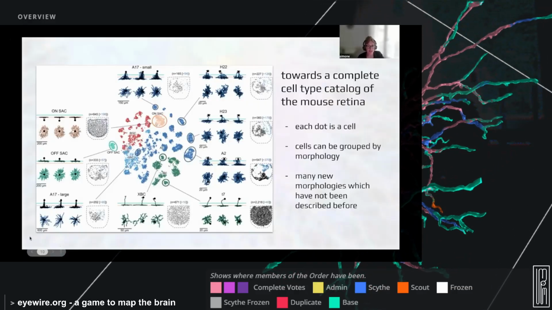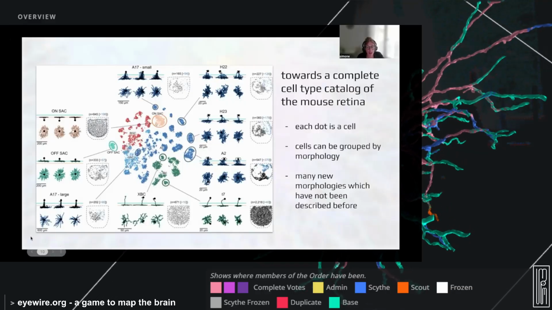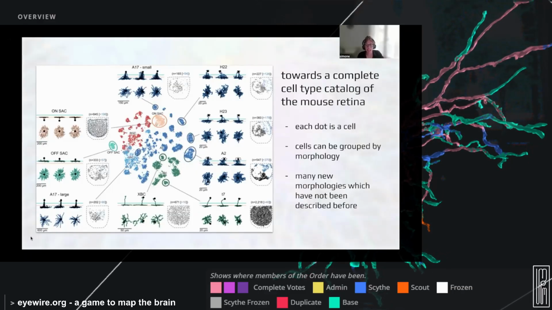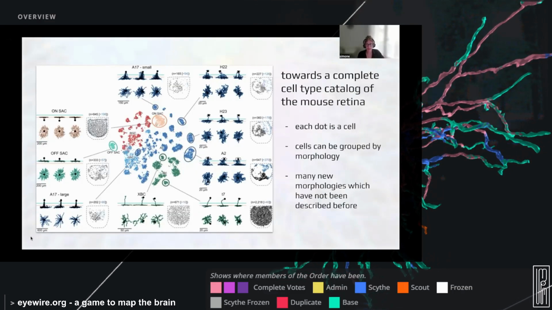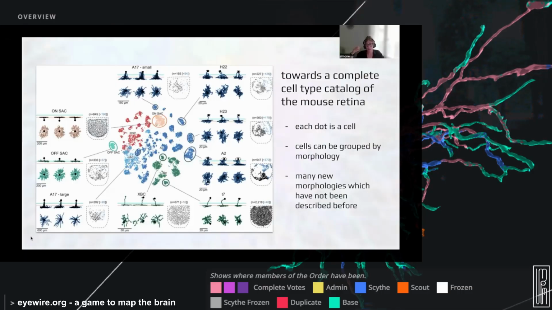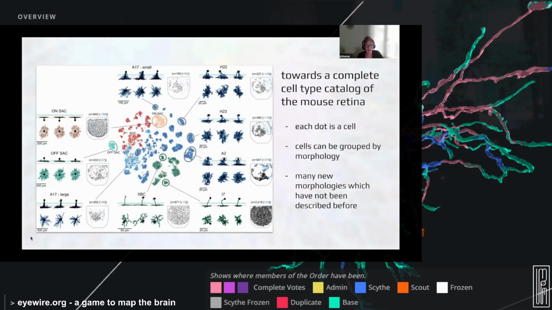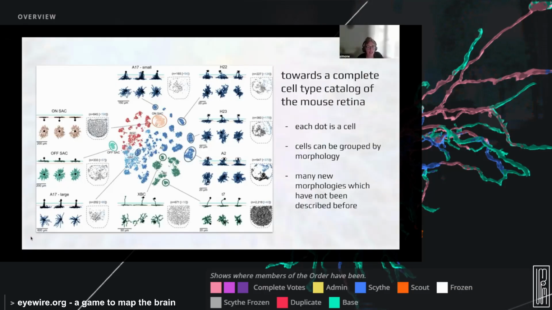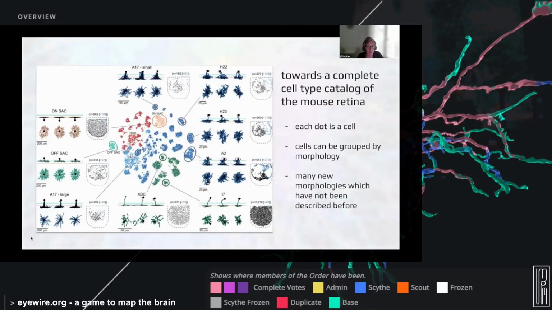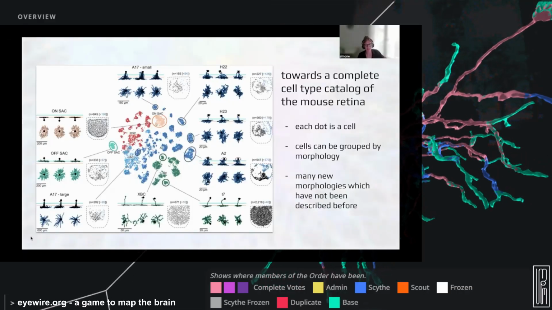So what you see here in this figure are a lot of cells in EyeWire 2, I believe almost 20,000, that we have already looked at. And each point here is a cell, and it represents a summary of its morphology in a two-dimensional visualization. What you can see very clearly is that cells form very distinct islands. They really form groups that look significantly different from other cells. And there are some examples here, such as the on-starburst amacrine cells and the off-starburst amacrine cells